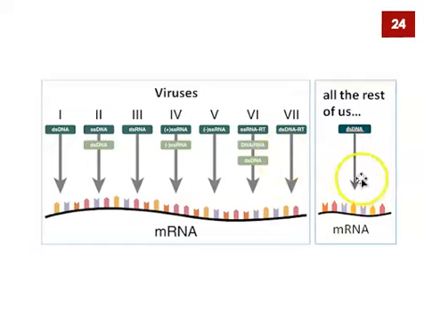Over here, in this little box, is all of the rest of us, all of the living cells on planet Earth, because of course we all use double-stranded DNA with the same sense designation. None of us have reverse transcriptase inside of us, and we all use the same mode of replication for our DNA. So here's us, here's living things, and here are all of the different options for viral particles.